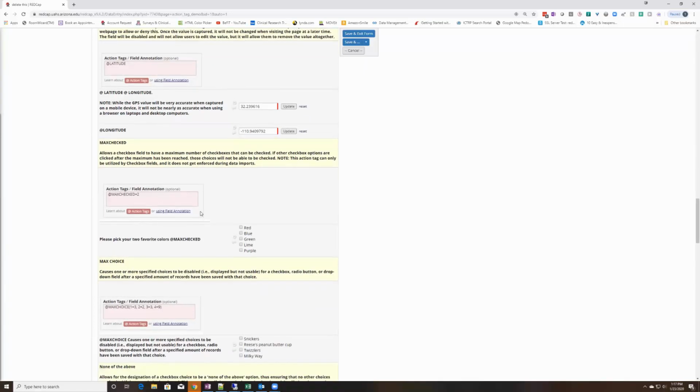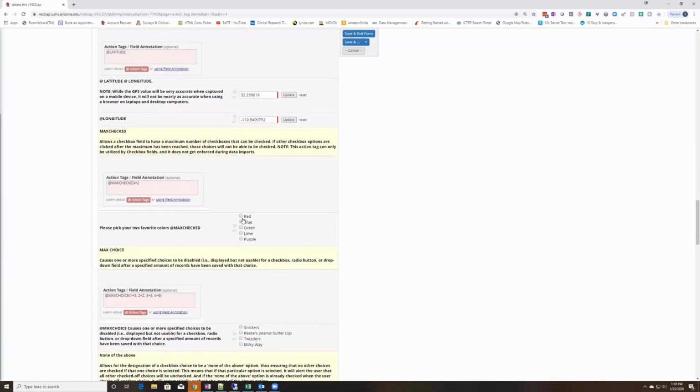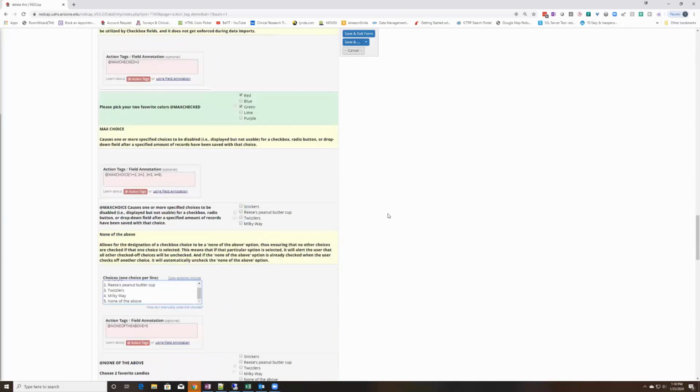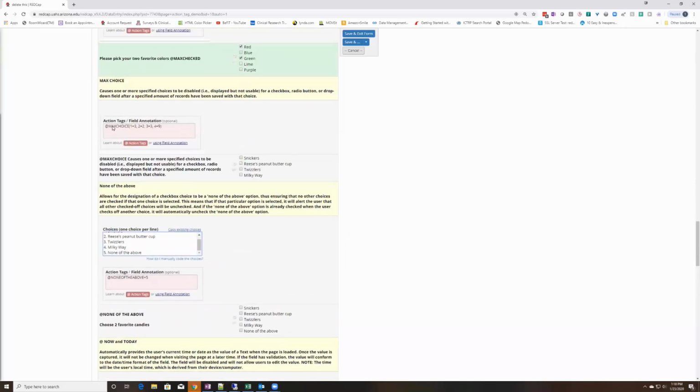This max check restricts you to the number of boxes you can check. So if I try to check more than that, it'll tell me the maximum number of boxes has been checked. Max choice will disable certain boxes. So if I click in here,